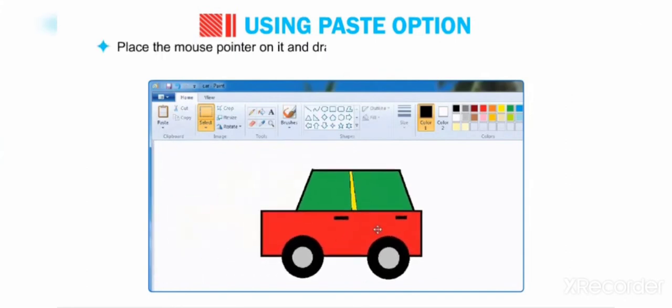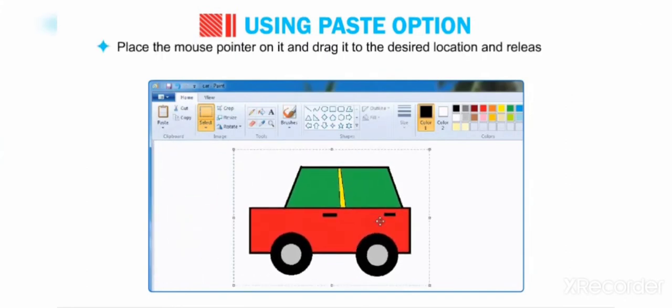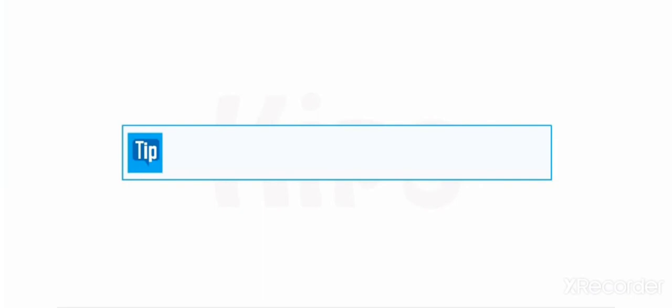Place the mouse pointer on it and drag it to the desired location and release your mouse click. After pasting the object, we can move it to another location using the mouse pointer. Tip: the selection box can be removed by clicking outside the selected area.